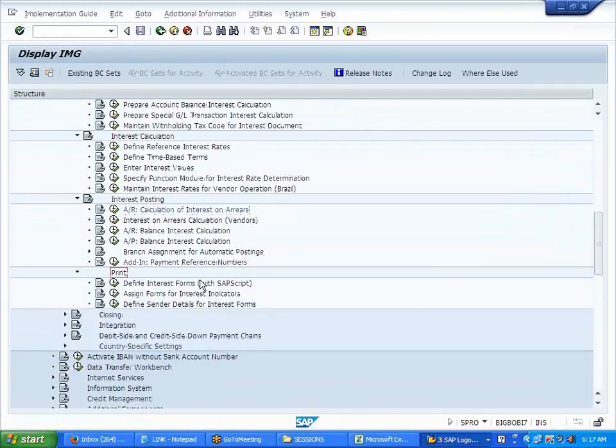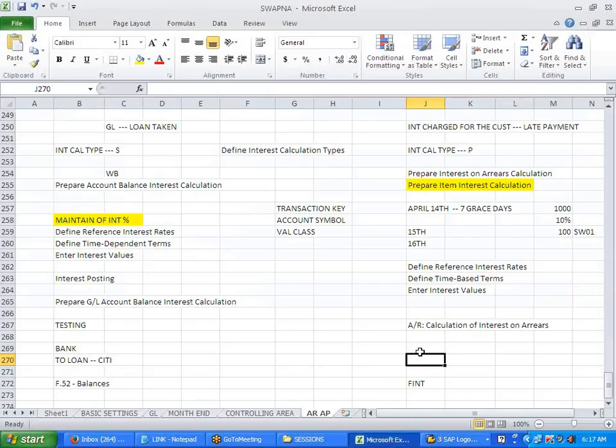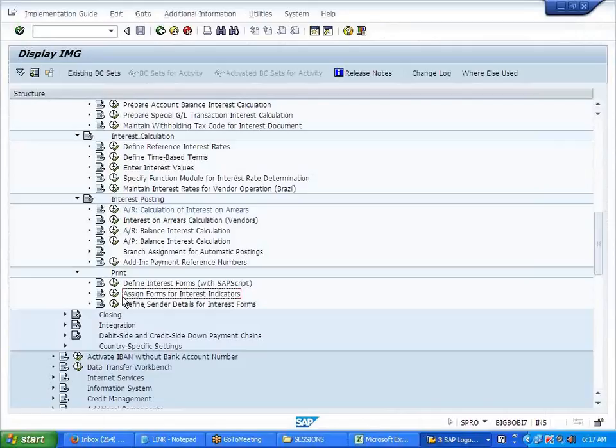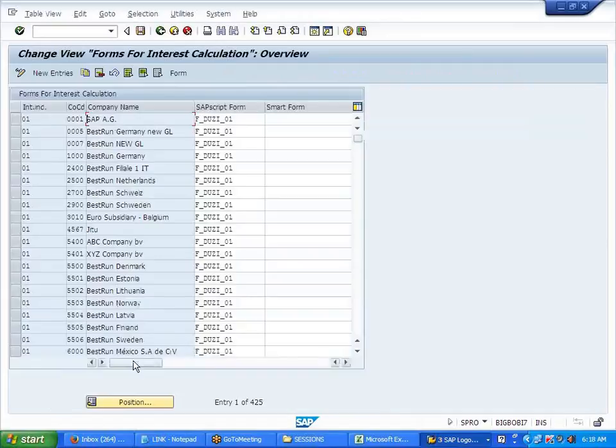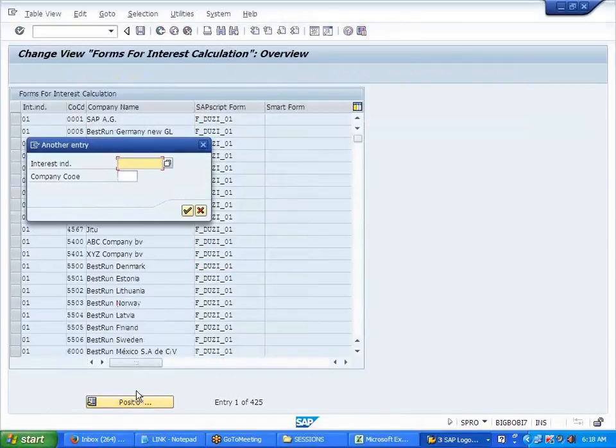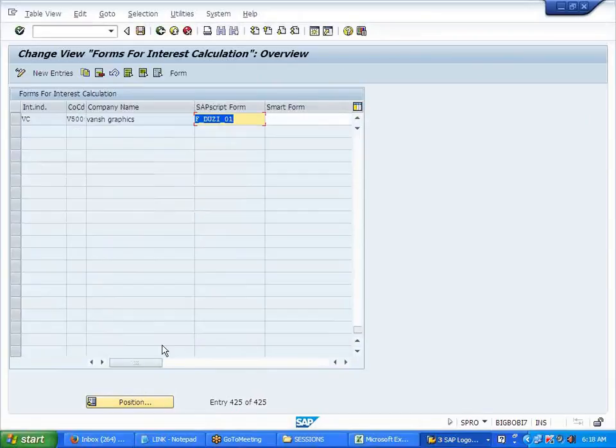With this setting, I'm doing an extra part for the print, for the output. By default the form, I'll assign. Assign form for interest indicators. This is the default form which I'm assigning to indicator WC.